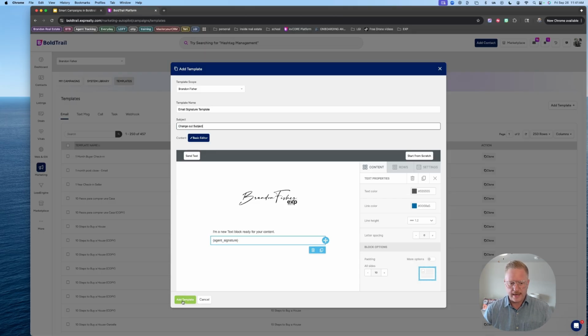And then I'm going to hit add template. Now there's a lot of other things you can do with emails. You can add videos. You can add HTML iframes. You can add